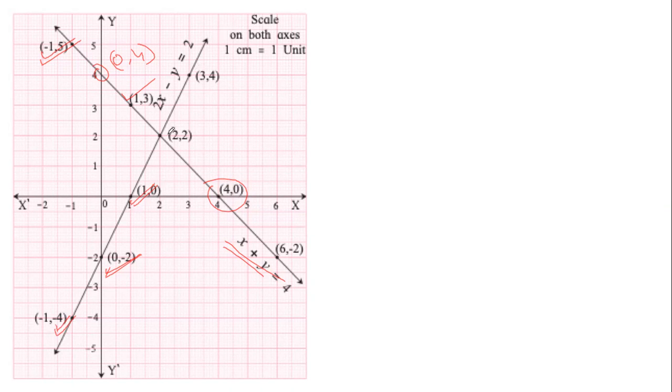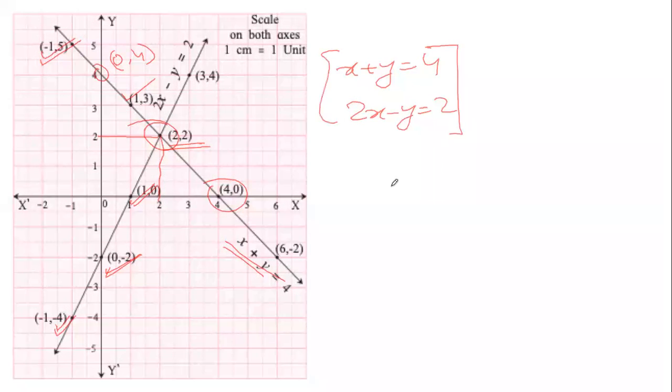When we extend this line, we find that these 2 straight lines intersect at this point. What is this point? On the y-axis, it is 2. On the x-axis, it is 2. So the point here is (2, 2). So what it tells us is the solution to the equations x plus y equals 4 and 2x minus y equals 2. We have already solved this using substitution, elimination, and the determinant method. We found that the solution is x equals 2 and y equals 2. Now we are getting the same answer using the graphical method. (2, 2) here means x equals 2 and y equals 2.